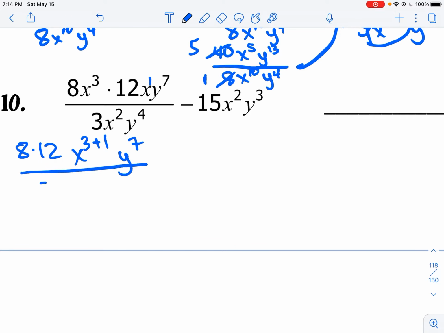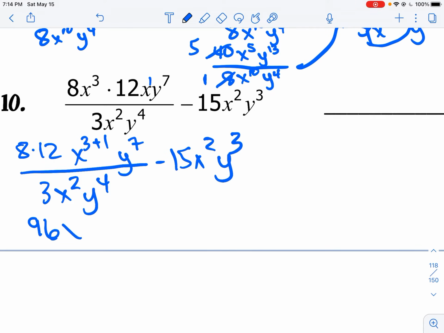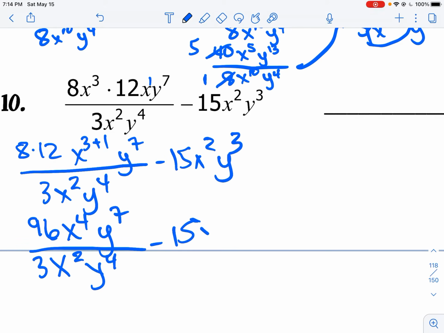And that is all over 3x squared y to the 4th minus 15x squared y to the 3rd. Okay, I'm going to get 96 x to the 4th, y to the 7th, over, oops, I